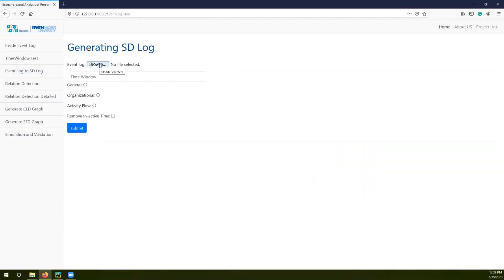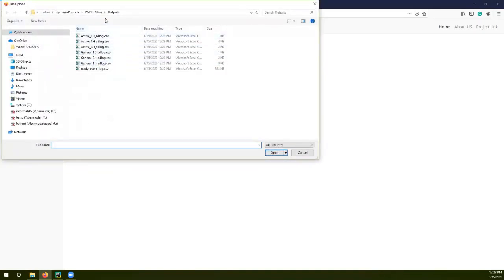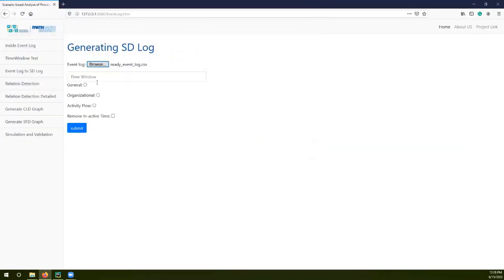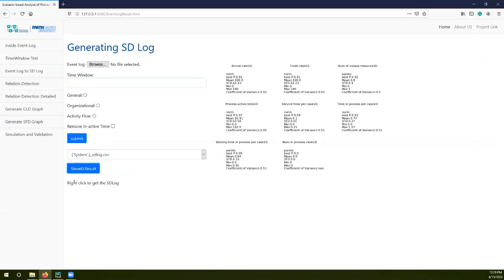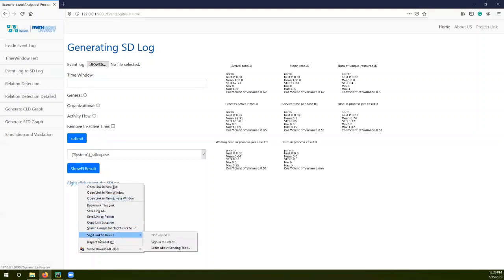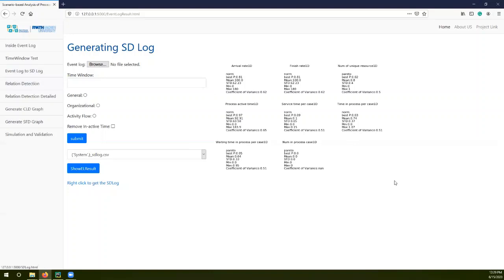You can also do the same here, but for a different time window if you want, and a different level. For example, for organization, and we want it for 1 day. Then if we submit, you can see that all the organizations are captured here, and you can choose and show the result. Also you can download the system dynamics file, which is a simulation file, and you can see some statistical information about the extracted features for this organization or other aspects that you want to discover.